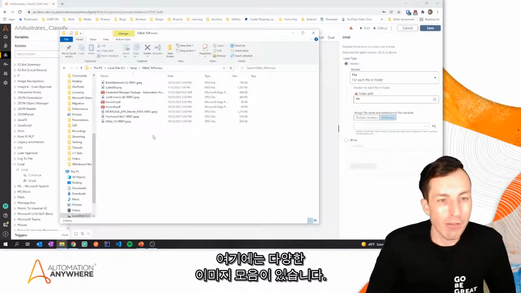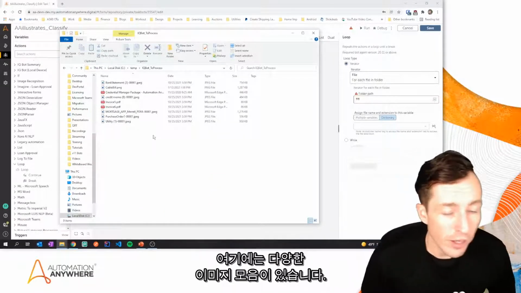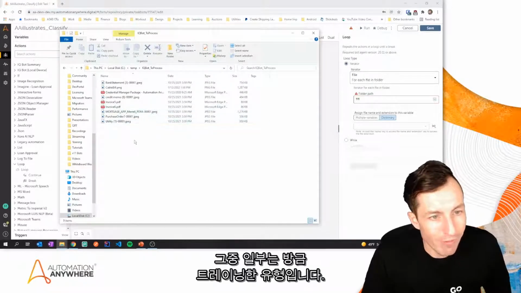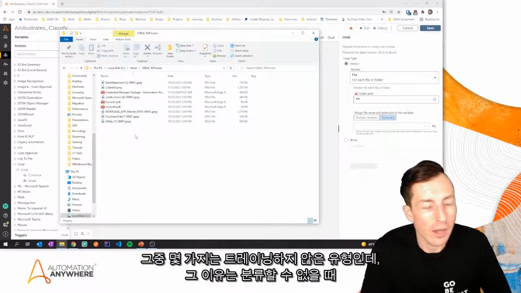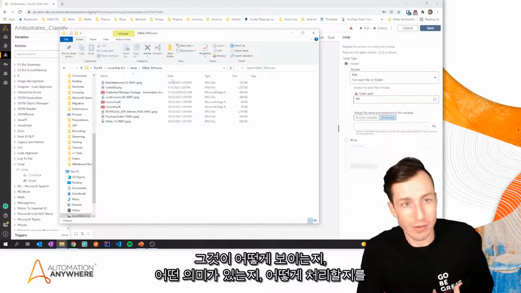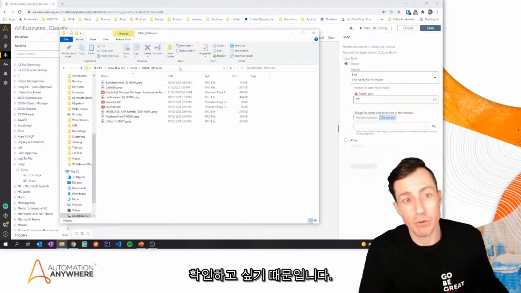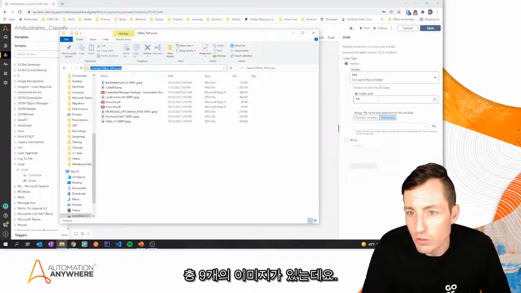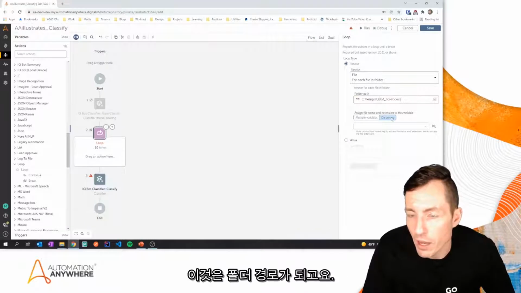So here I've got a collection of some different images. Some of them are of the types that we just trained on. A couple of them are not, because we want to see what it looks like when it's not able to classify something and what that means for us and how we would handle that. So I'm going to copy this. We've got 9 total images there. So this will be our